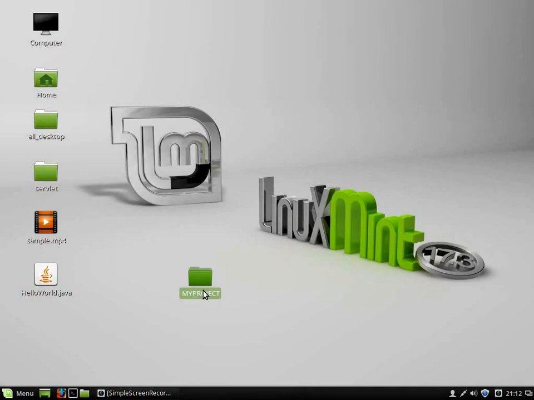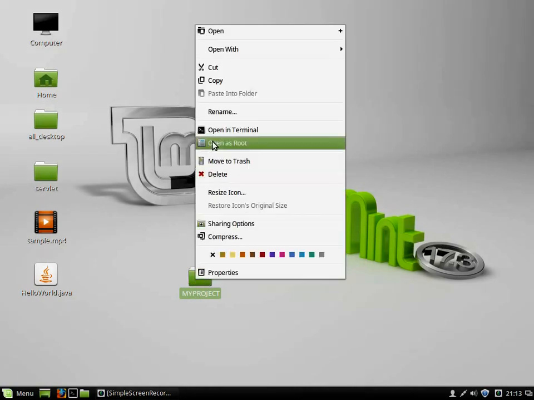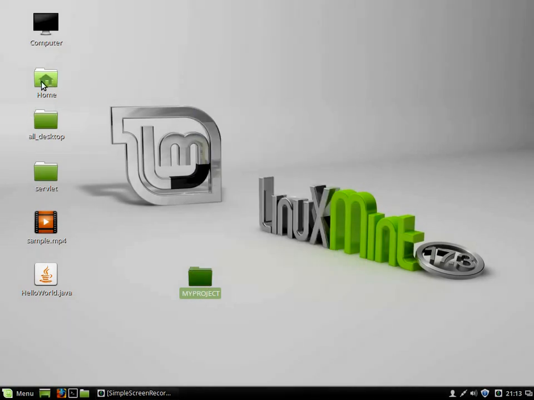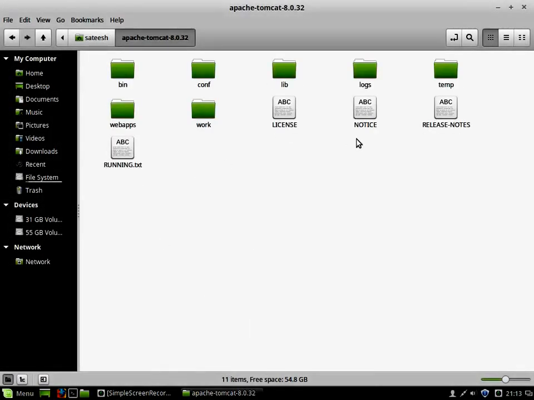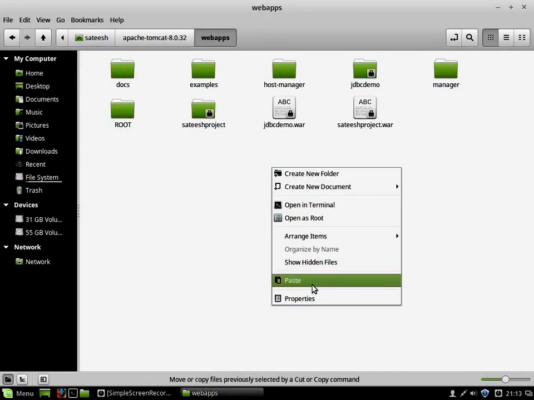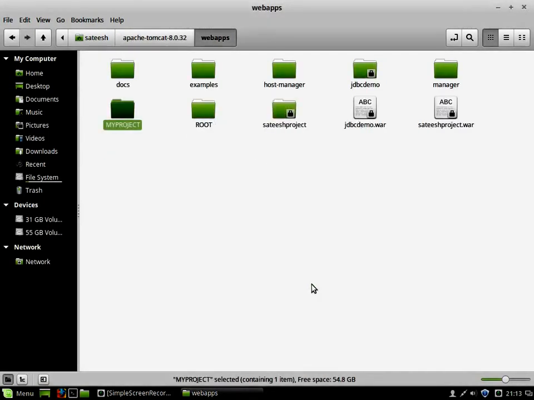Now we need to deploy this particular folder in Apache Tomcat. In two ways we can host our application in Apache Tomcat. One is, as Apache Tomcat is running in our own machine, you can directly copy this folder, go to the place where Apache Tomcat is available, go here, and you can see a folder called webapps. In webapps only all applications are stored. Go to this location and simply paste here like this, and now our application is hosted in Apache Tomcat.